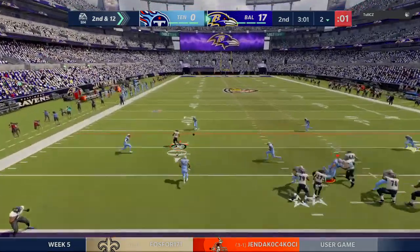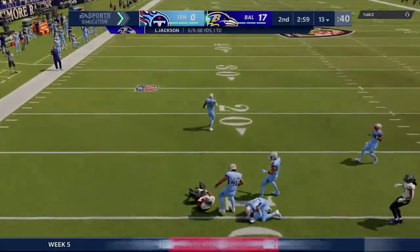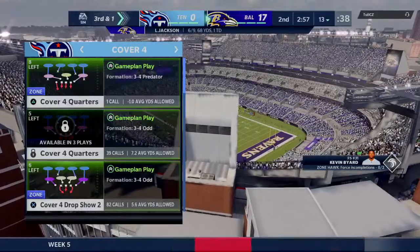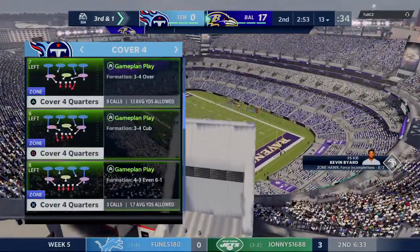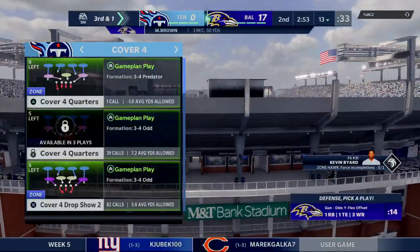Now an option play on 2nd down. Jackson going to get this out to Brown. And they'll bring him down right around the 13. They get 11 back on that one. It leads to 3rd down. Makes it 3rd and